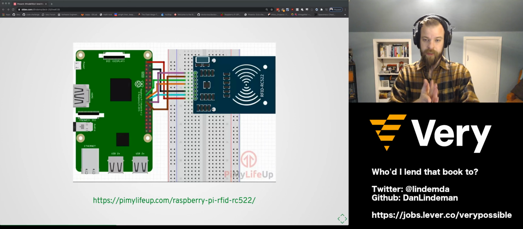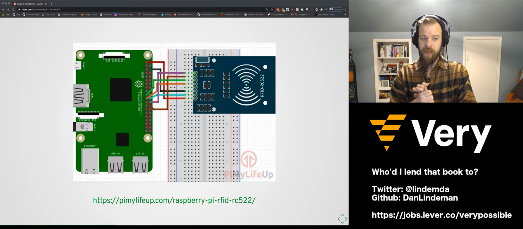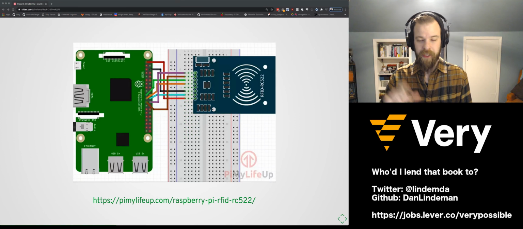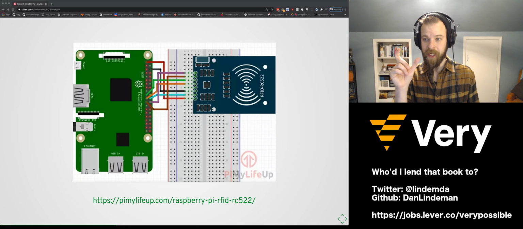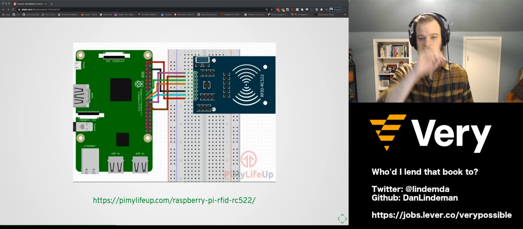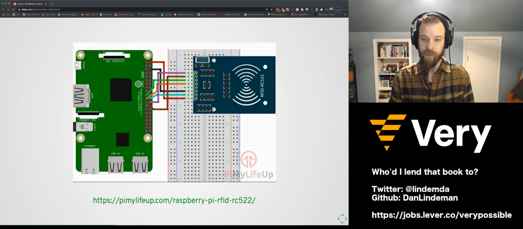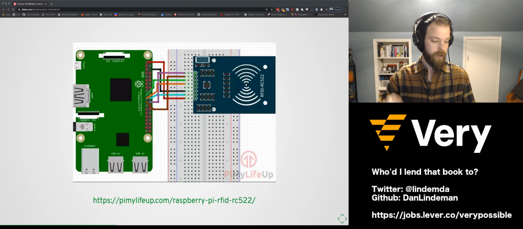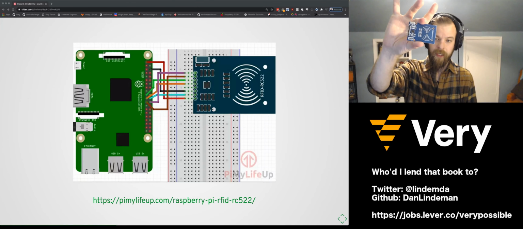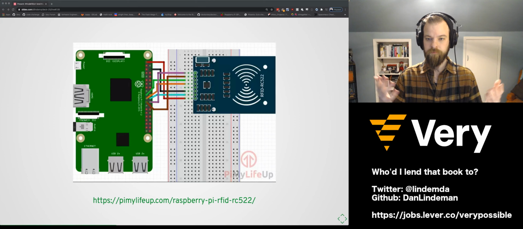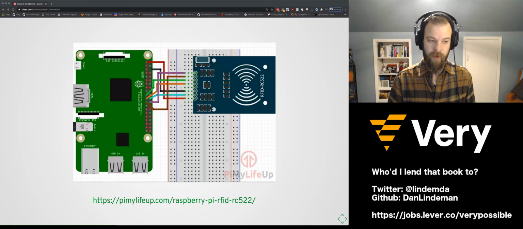Cool. So this is the wiring schematic from Pi Up My Life. And I don't think this is very easy to read visually. Actually, in my speaker notes, I have "good luck if you're colorblind" written down, because what are these different colors and how are they all crisscrossed? It looks like somebody tried to connect stuff with a crayon, right? It's still useful, and this is very much your breadboard, your RFID reader, and your Pi, but it's not quite so helpful to get started because we want to connect the Pi to this RFID reader.